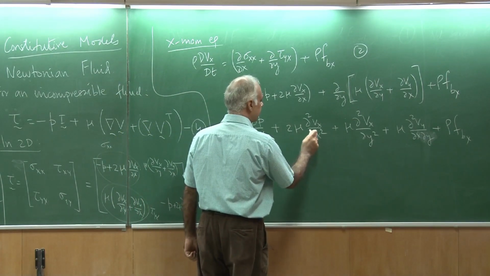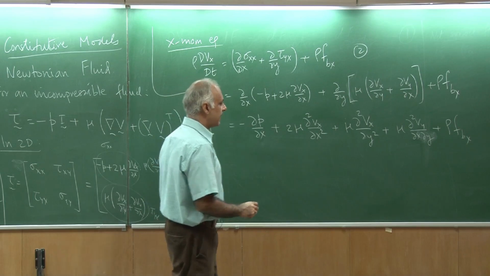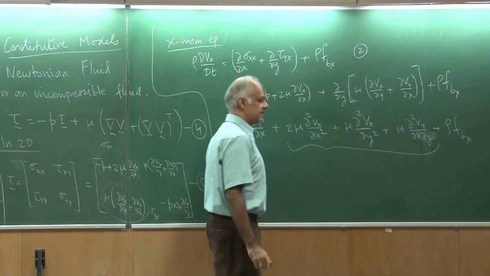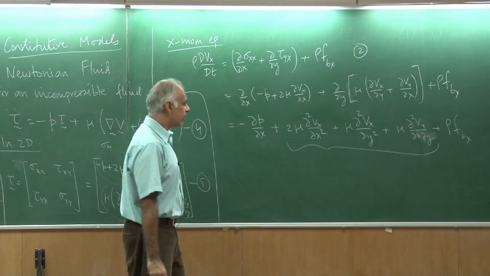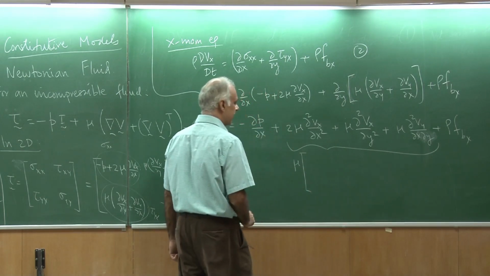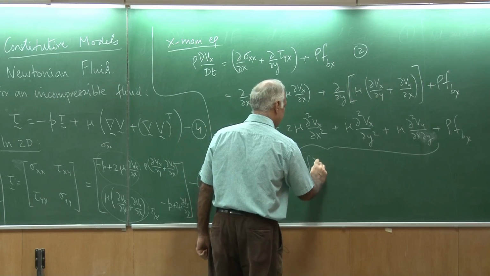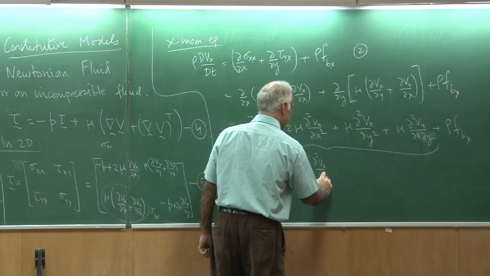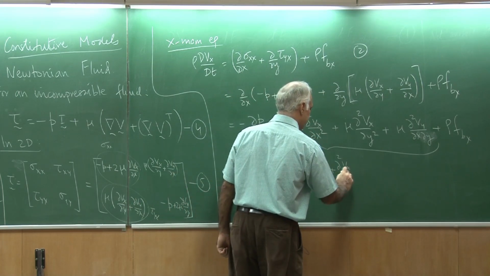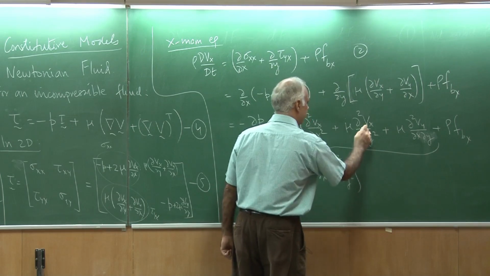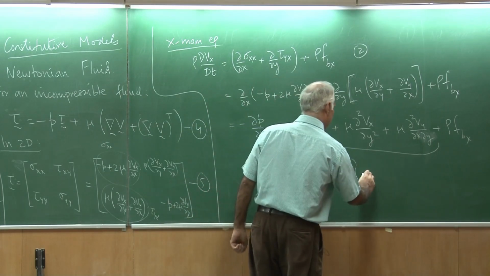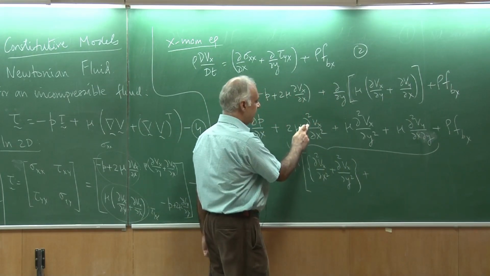What I am going to do is split this into 2 terms and try to combine it with over here. So, let me rewrite these 3 terms in the following way. I will keep 1 mu, so first I will take mu outside. The first set of terms I write is del square Vx by del x square. So I take one of them, and I take del square Vx by del y square. So I'm done with this term, and then I'm going to play a small trick, and I'm going to write